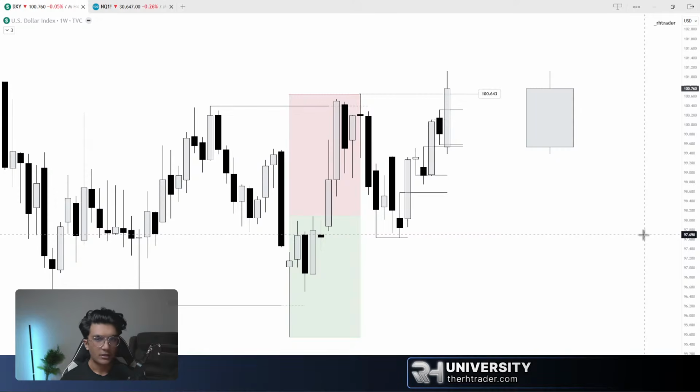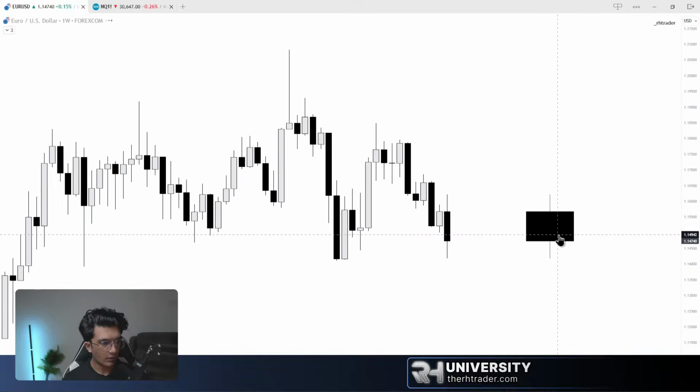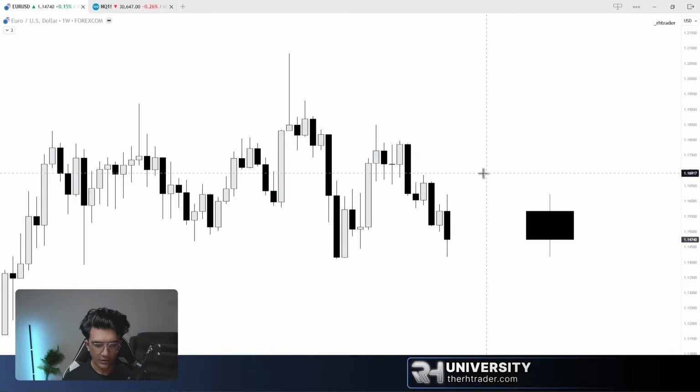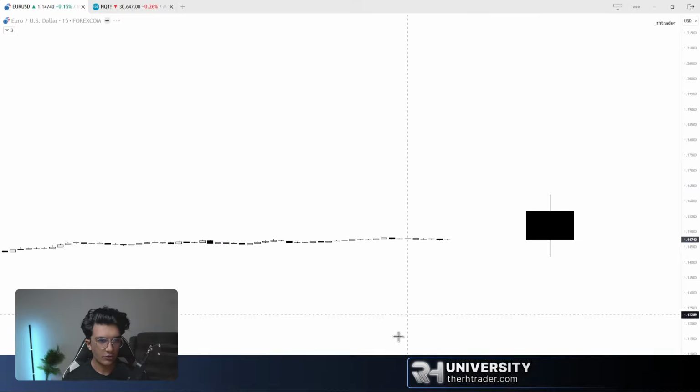But if London is not able to form the higher low of the day, I expect New York to do that. And that will be a New York manipulation profile. And that is all I do, right? You can also trade the New York continuation profile, which is pretty good, but that can be quite tricky, right? So if you want me to show you an example, I probably could do that. So let's just actually consider one for Euro USD.